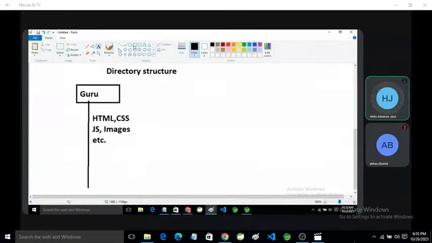If we want to work on dynamic pages, we will create another folder within this folder.